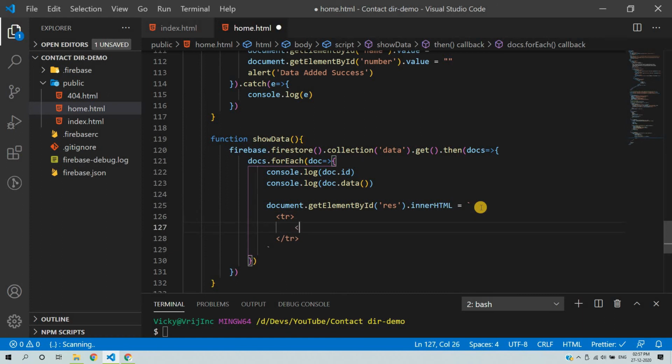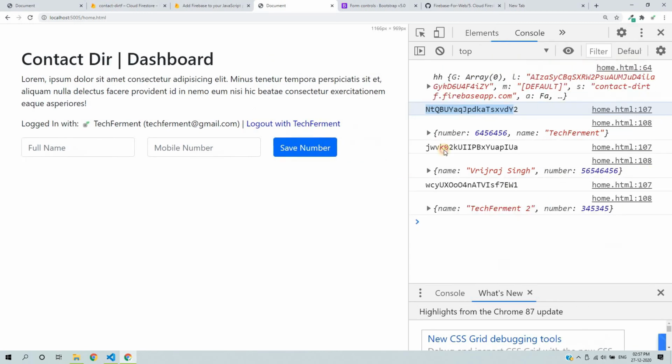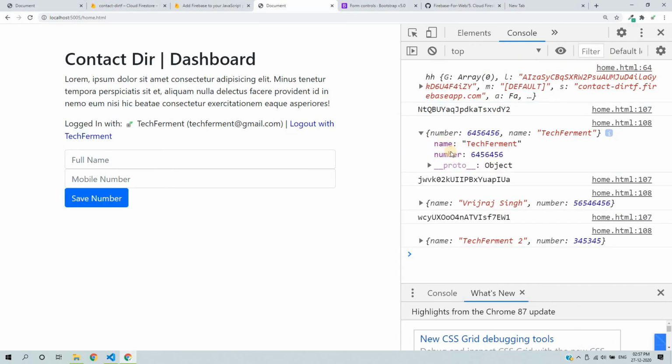And then we can add a column. Right now we have 3 columns. So we will add a column. Okay. So we have 3 columns, and this is a JavaScript object. We have properties like name and mobile number.